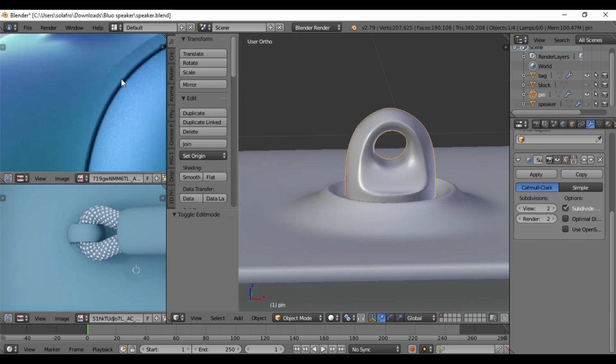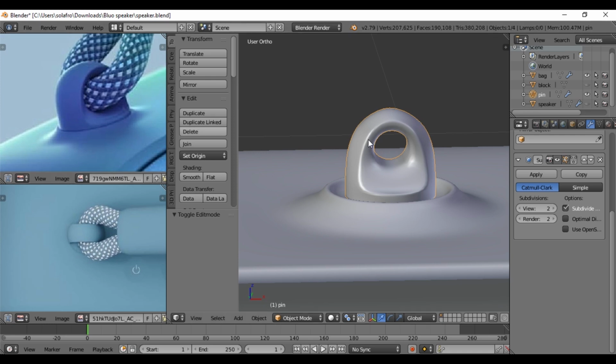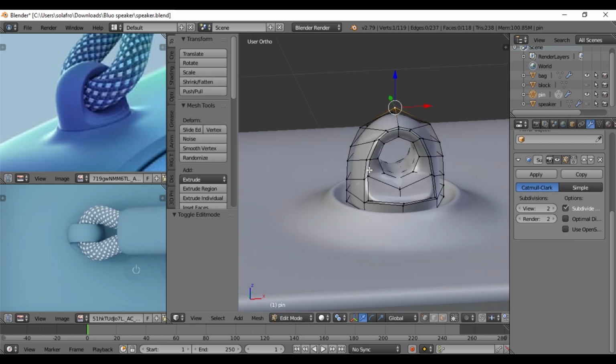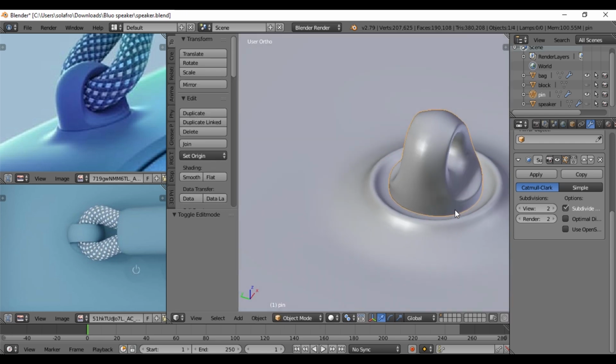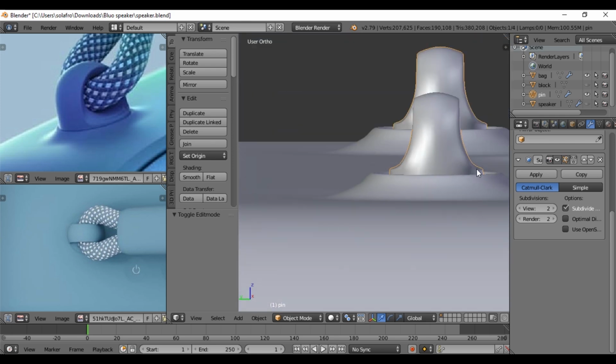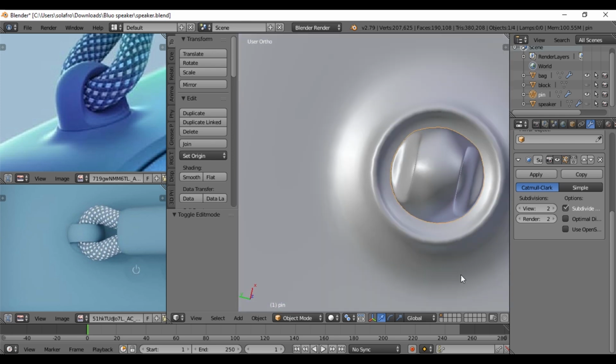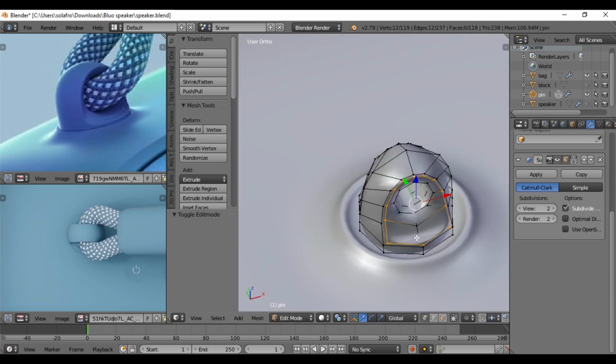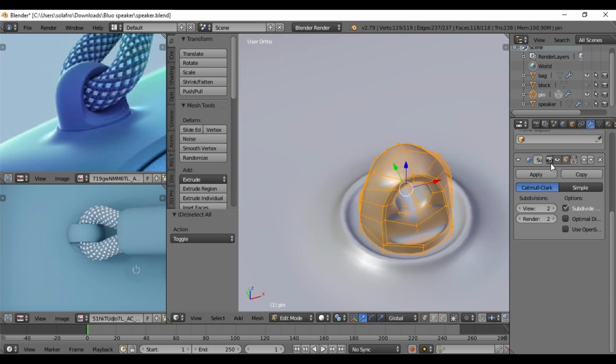Now select the pin to make a sharp edge like this. In edit mode, we have to select the loops and add a small bevel by pressing Ctrl B. By pressing A, select all in edit mode.